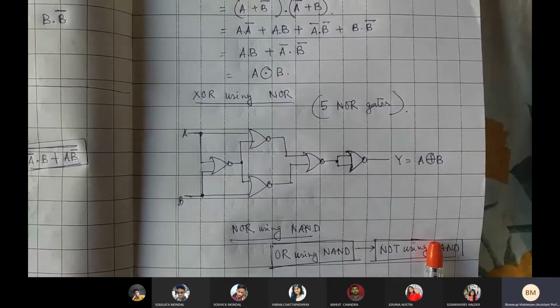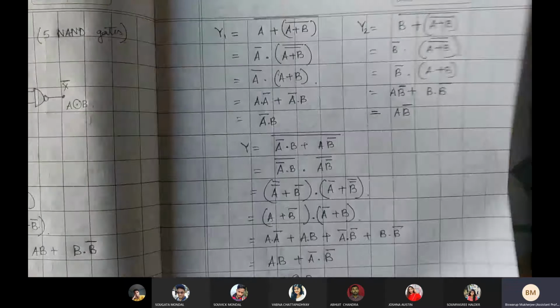Different gates produce their output at different times. Though the time is very small, at least there is some time delay. There should be some time delay for generation of output. That means you have provided the input. There are a few things you need to know as a student of EC.